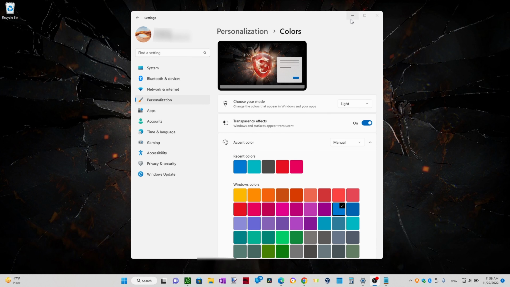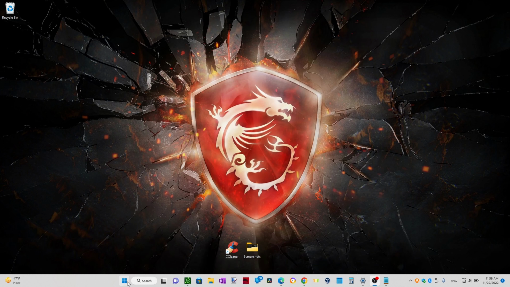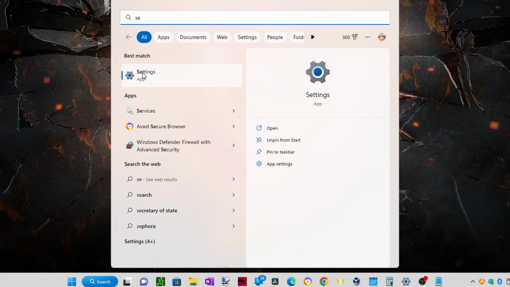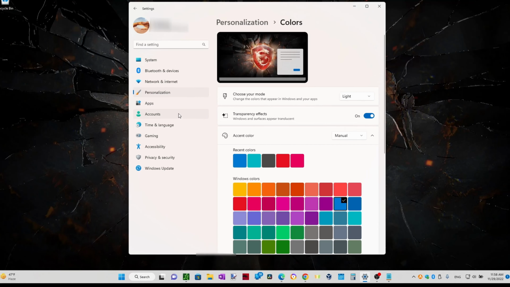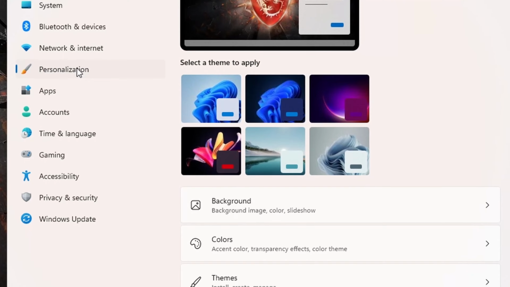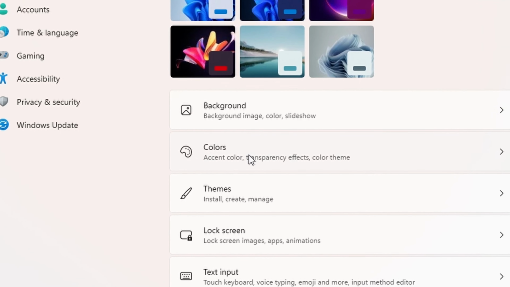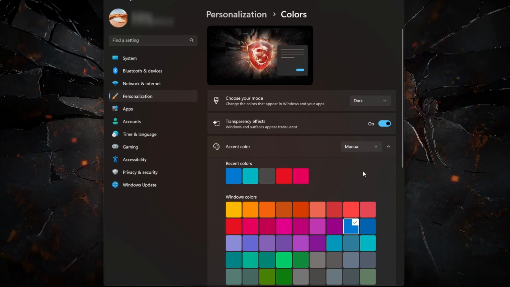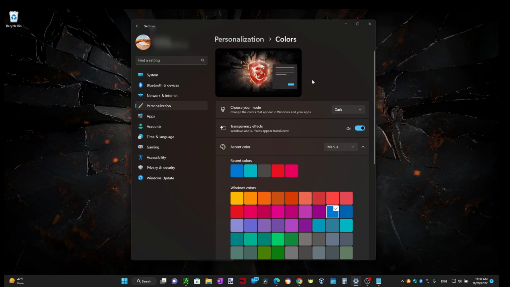So if you click on the Windows button and search for settings, and once you see it, just click on it. Under Personalization, click on it and click on Colors, and from here you see Choose your mode. So you could change this to dark mode, and that basically changes the whole window mode to dark and other